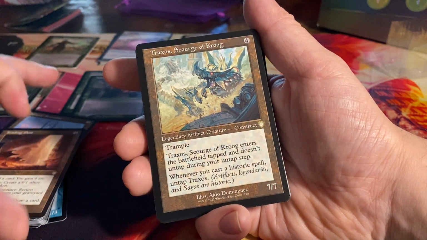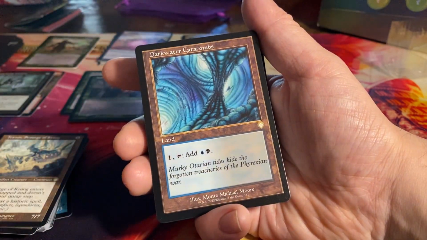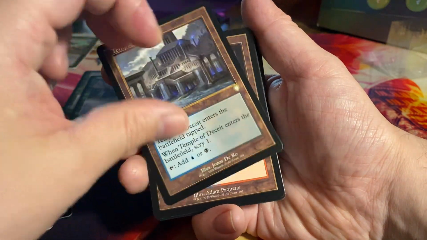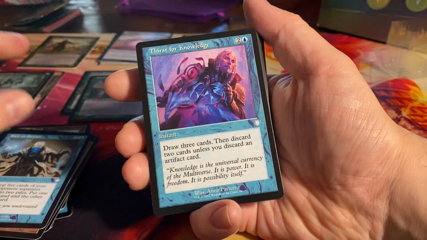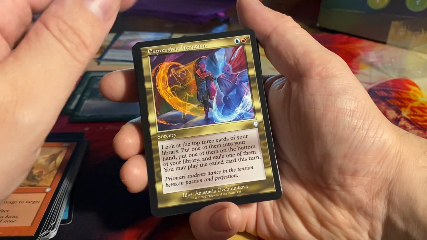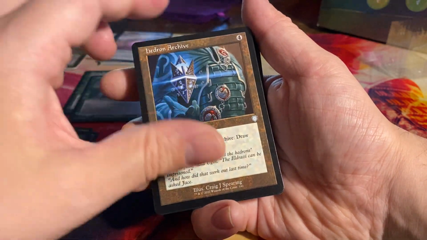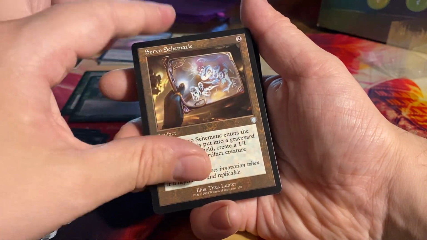Trading Post. Traxus, the Scourge of Krug. Ooh, fitting. Darkwater Catacombs. Exotic Orchards. Shadowblood Ridge, Smoldering Marsh, the Temple of Deceit, Temple of Epiphany, Temple of Malice, Fact or Fiction, A Thirst for Knowledge, A Braid, Expressive Iteration, the Oni Cult Anvil, a Dreamstone Hedron, Felwar Stone, Hedron Archive, Ichor Wellspring, Mindstone, Servo Schematic,